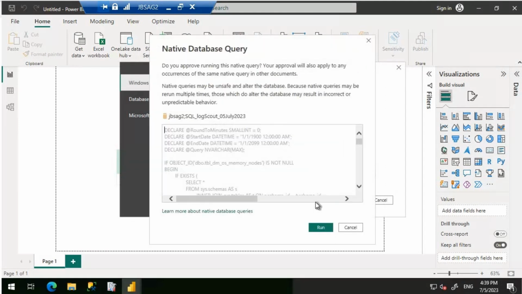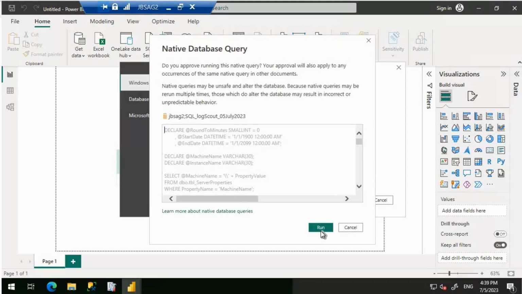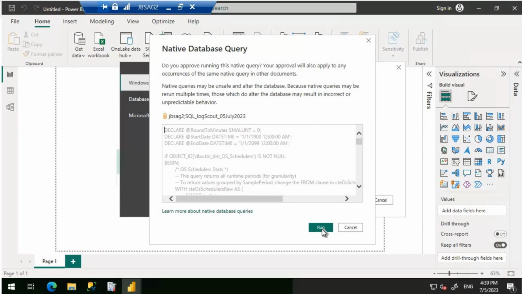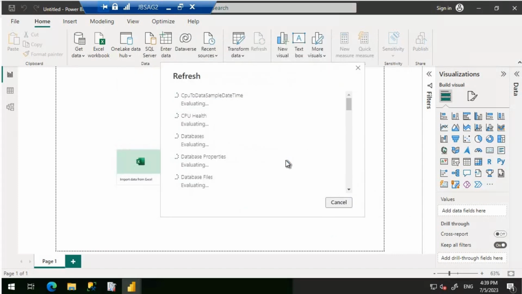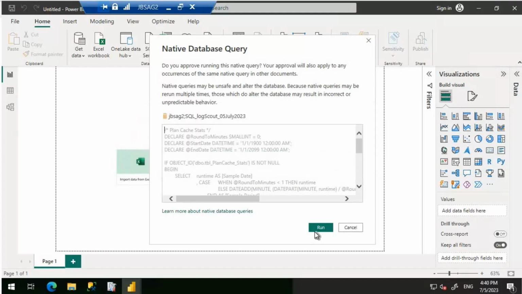So here I'm going to select, click on connect here, and then click run this. Click on connect. It's going to try connecting to JBS AG2. So it is running now. It is basically telling we are unable to connect to the data source using an encrypted connection. To access this data source using an encrypted connection, click OK. So let me click on OK here,